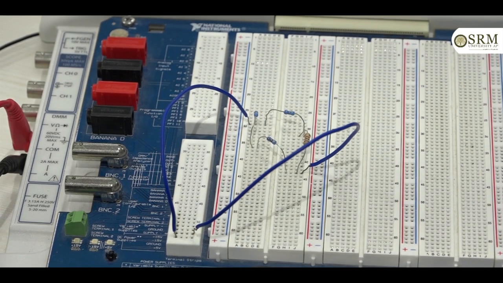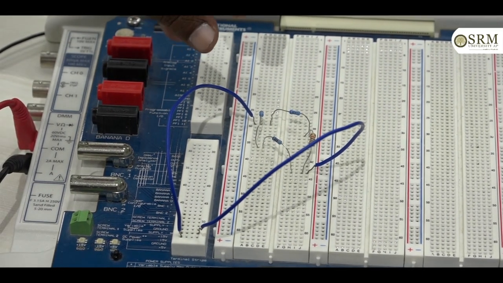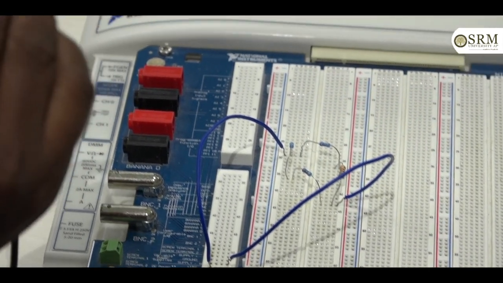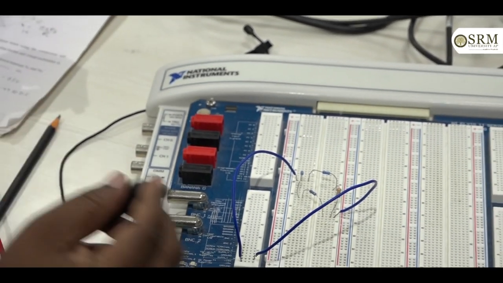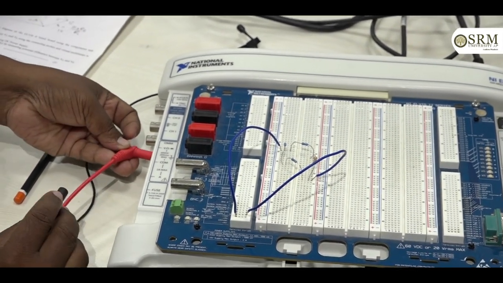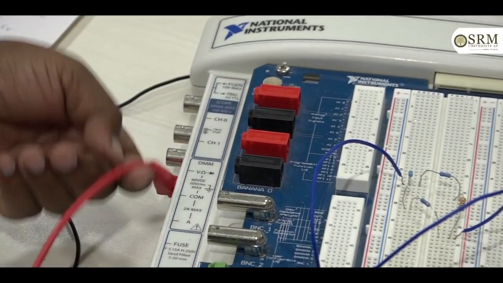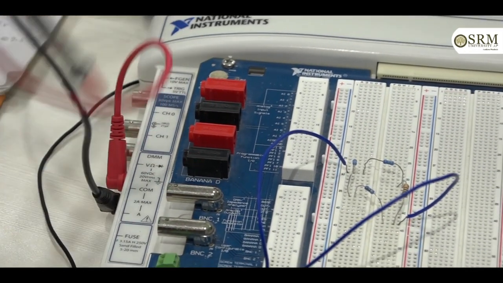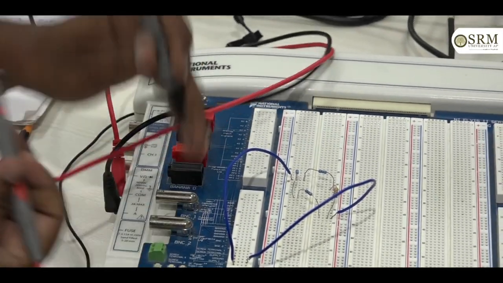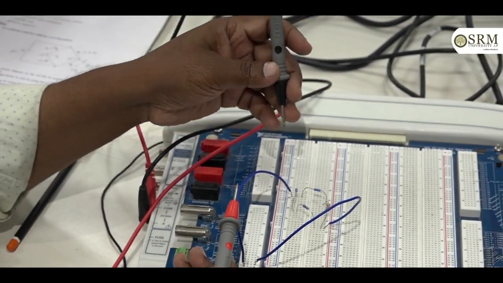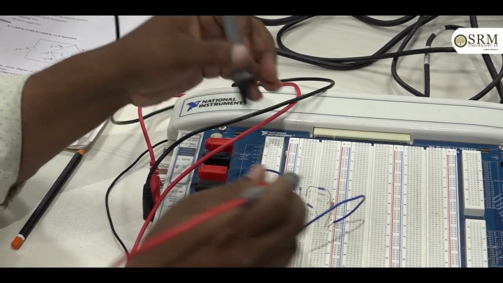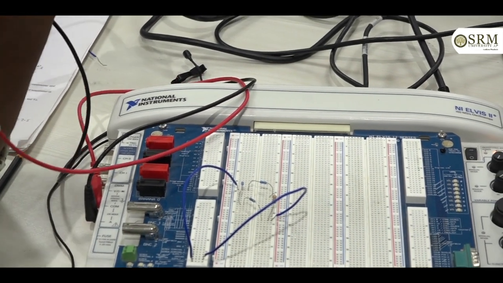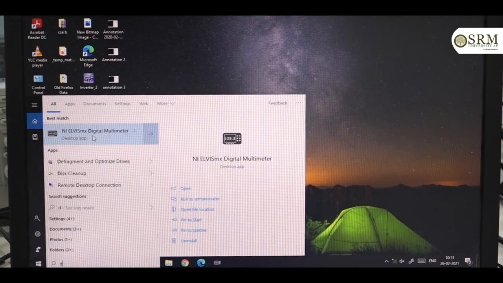This is the circuit diagram and we are making the circuit diagram on the breadboard. Next you can take 2 probes, nothing but the probes of DMM. These are connected to this kit, LV kits like this. Here we have DMM and there is a common, nothing but ground, and these 2 are used to measure voltage across point A and point B, nothing but through galvanometer. So for measuring the values in that software, you can click on digital multimeter.